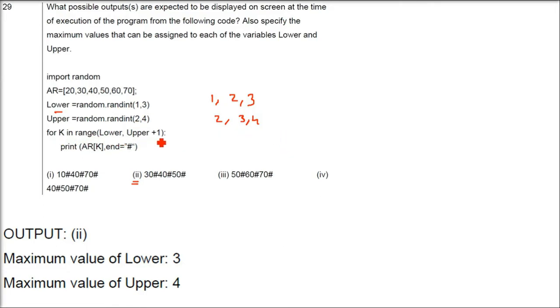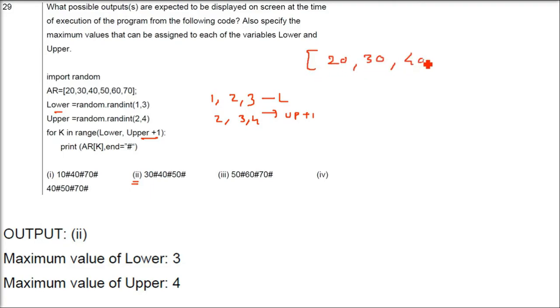Now k in range, lower, upper plus 1, and you know, whenever we use this range, upper plus 1 is the highest limit, so upper plus 1 will never come. It will always be upper only. Don't worry about that. Okay? Now coming to the end, you have to use the index here. We have to give the index, then only we will start.